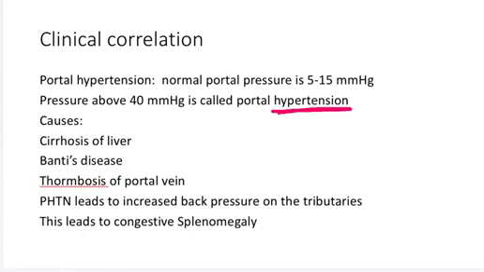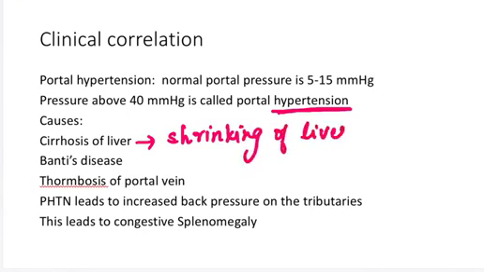Now what are the causes of portal hypertension? There are certain diseases that lead to portal hypertension, for example, cirrhosis of the liver. What is cirrhosis of the liver? Cirrhosis is the shrinking of the liver. Whenever the liver becomes shrunken, it will cause increased back pressure on the tributaries of the portal vein. So if we come to this diagram, just for understanding,